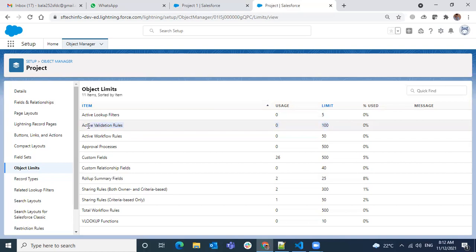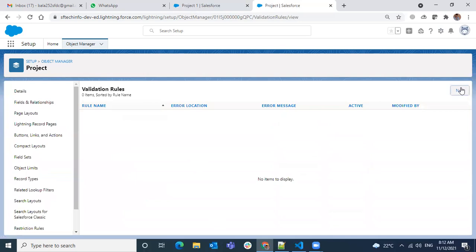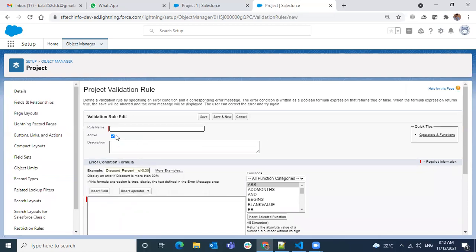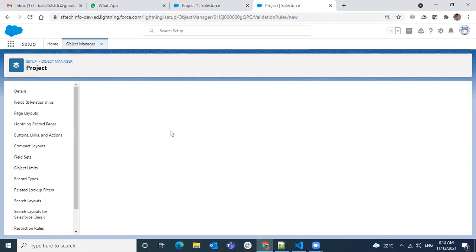The limitation we see here, 100, is for active validation rules. Let's say you have 200 validation rules, that's fine if they are inactive, but active validation rules are limited to 100. When I say active validation rule, you write one validation rule and by default it will not work unless you check the active box there. So if you have activated one validation rule and at any point want to remove it, you need not delete the entire rule. You can just make it inactive so that it will not work. So this is the active flag that you're going to check. For now I'm making it active.